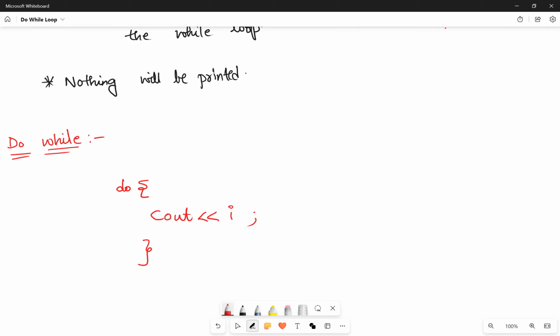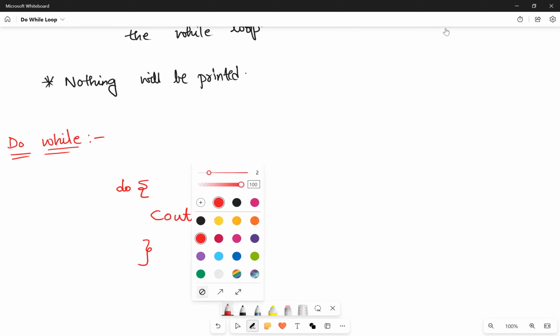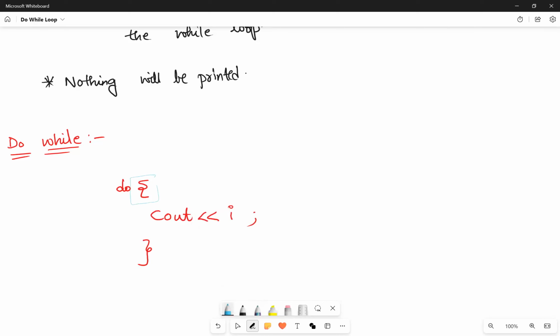Whatever is between the opening curly brace and the closing curly brace, this entire thing is what we call the loop body for a do-while loop. Now, the way we write the condition in a do-while loop,